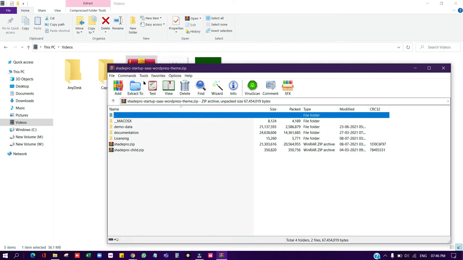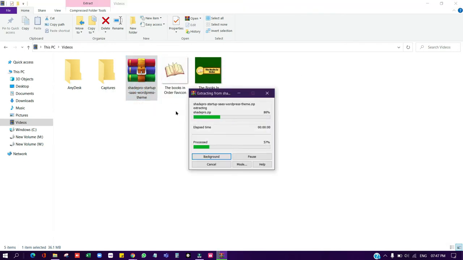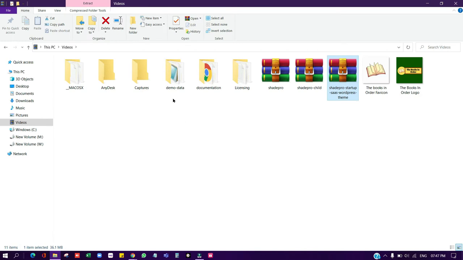You can see inside this zip we have another zip file, so first of all we have to unzip it. Okay, so I am going to extract it. Now we'll get a folder, and that folder contains a lot of subfolders, so don't worry about that. After extracting, we got Shade Pro child and Shade Pro parent theme.